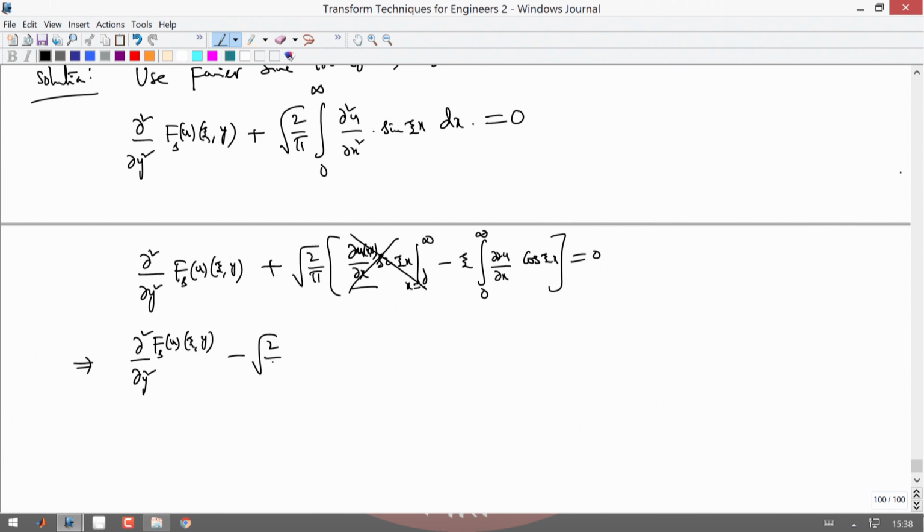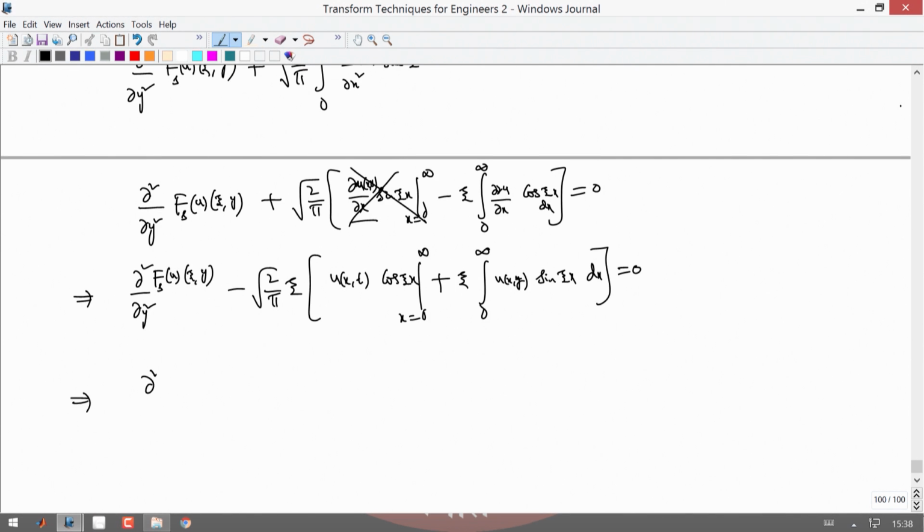So, you get root 2 by pi xi times, again if you do the integration by parts, you end up getting u of x, y cos xi x, minus, another xi comes here, because of the derivative of sine, cosine, that makes it minus sin xi x, that makes it plus, and you have u of x, y sin xi x dx, equal to 0. Again, here you have to apply the boundary conditions at x equal to 0 to infinity. So, this implies dou square by dou y square of Fs of u of xi, y